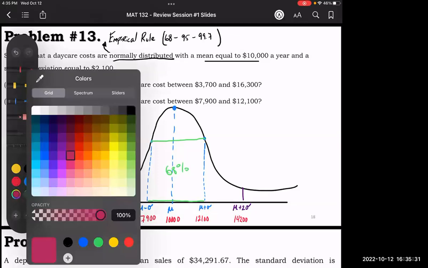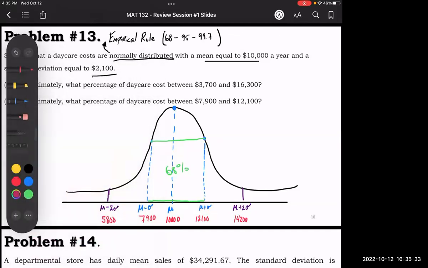Very good. And now, let's do it for 3 standard deviations. What would the values be? 3,700 and